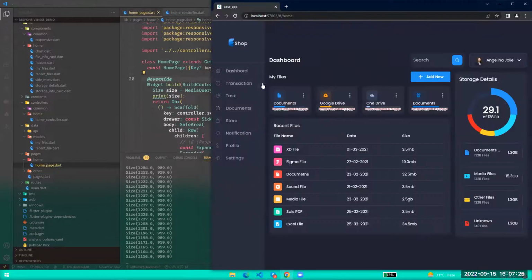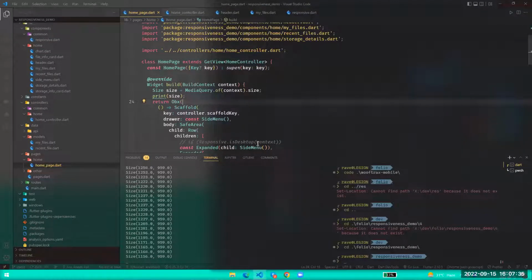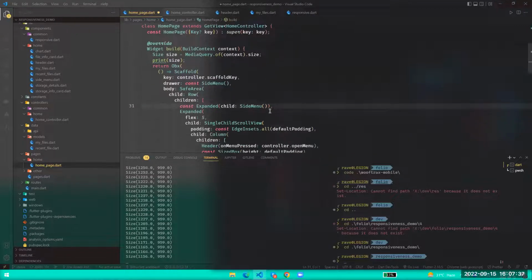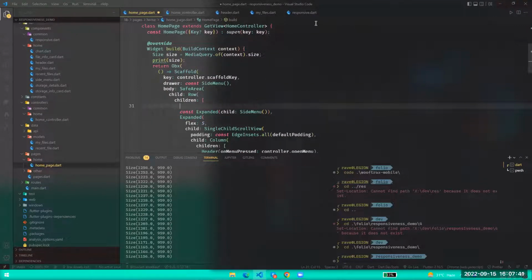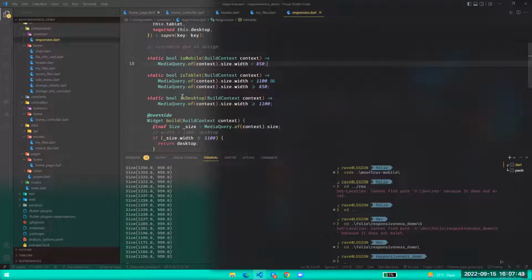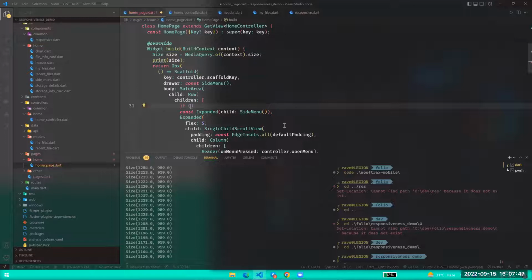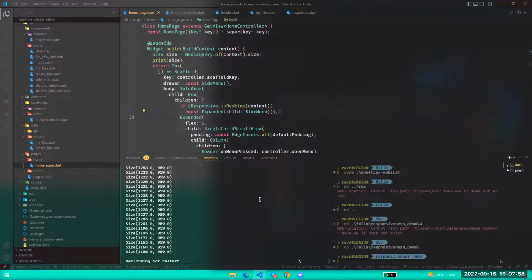So the first thing we do is on tablet functionality, we want to hide the sidebar and we want to show a menu icon instead, because the sidebar takes up a lot of space and we don't want to show that. So if you see, we come up here to our side menu. Now we can use the helper class from our responsiveness. So we can only show the sidebar if it's a desktop. So if Responsive.isDesktop, then we can show this sidebar. And then if I refresh this,